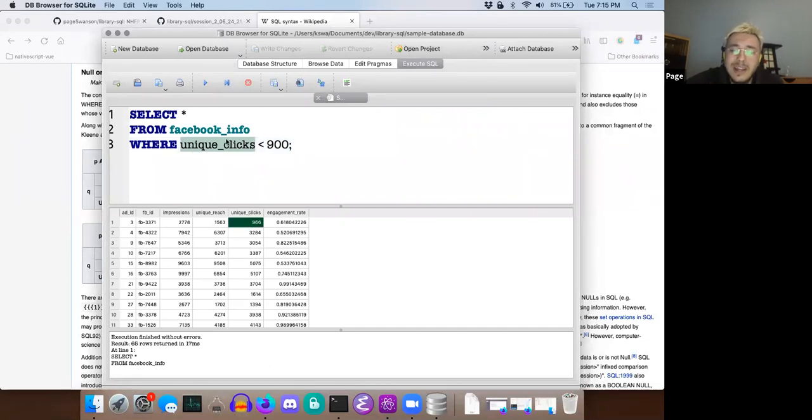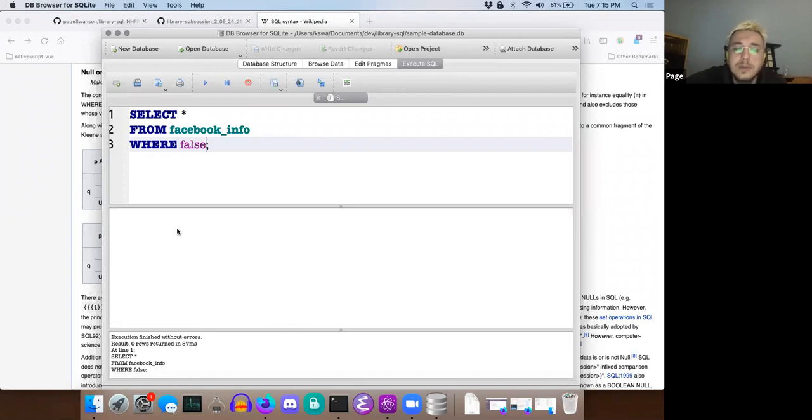And I'll say here, is unique clicks less than 900? Or is it greater than or equal to 900? If it's greater than or equal to 900, then I will return a false. So this becomes false. Oh, sorry. I think this will actually just return nothing. Yeah, it returns nothing. If I say true,